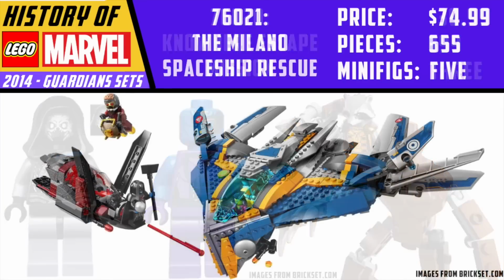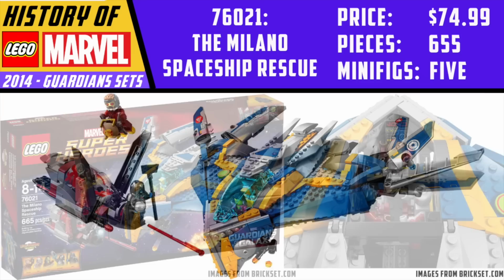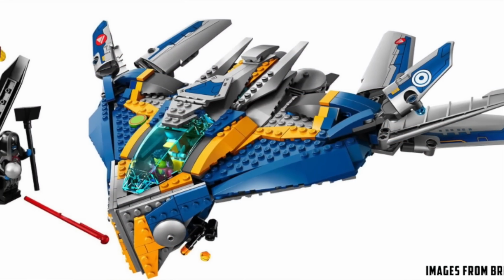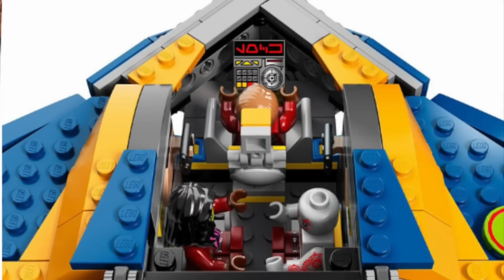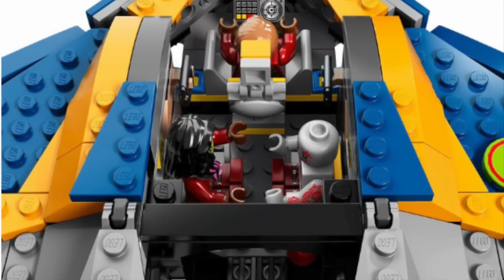The final Guardians of the Galaxy set from the main wave was the Milano Spaceship Rescue, which has always been among my favorite LEGO Marvel sets ever. For $74.99, you would have gotten 655 pieces and a whopping 5 minifigures. It was so great too because you could fit these figures inside of the Milano, which is something that I